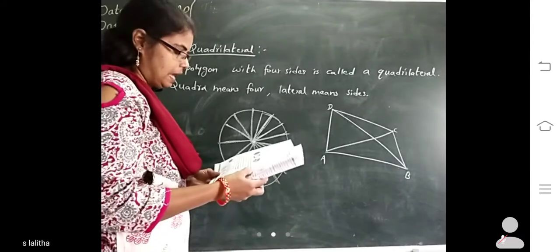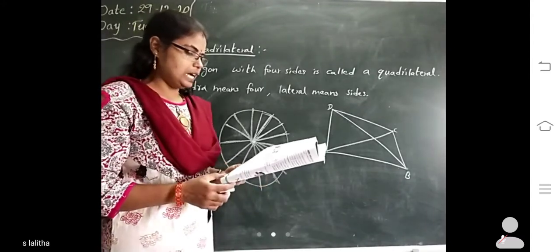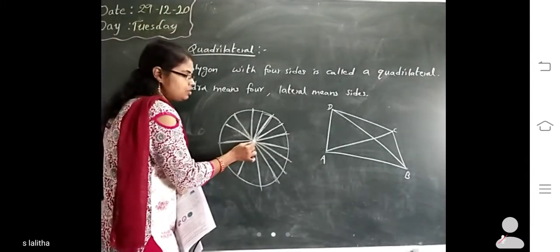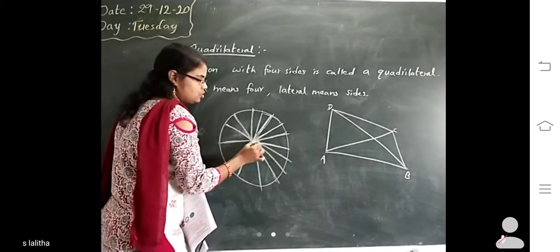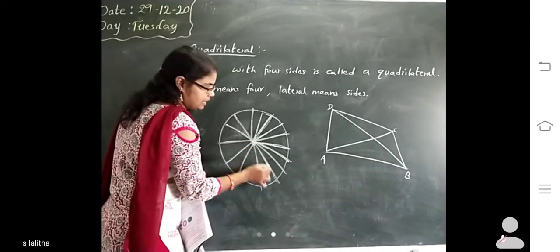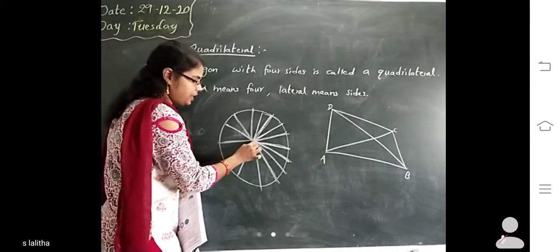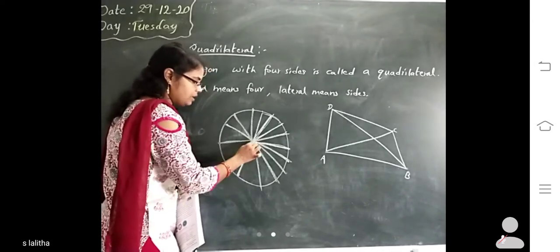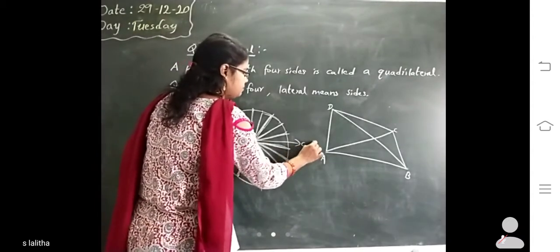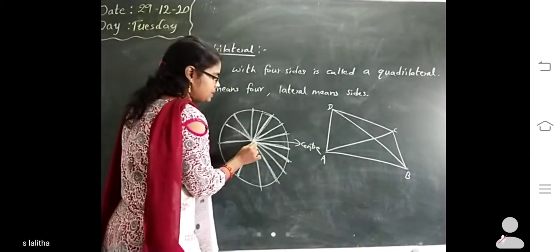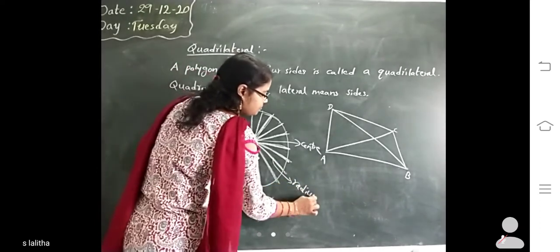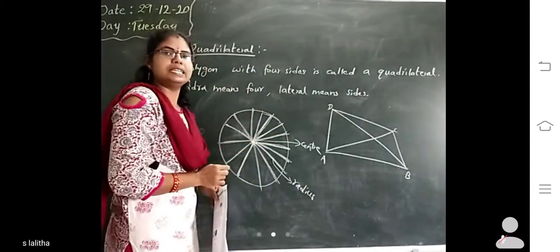Circumference. Okay. And next, the distance from the center to any point on the circle is the radius. So from center to here, this is the radius. From here to here, this is the radius. So from the center point to any other point on the circle is called radius. Did you understand, children? So center, what is this called? Center. And the distance between the center and any point on the circle is called radius, and the length of the line is called circumference.